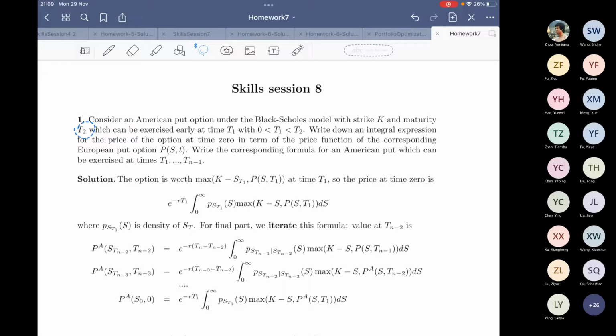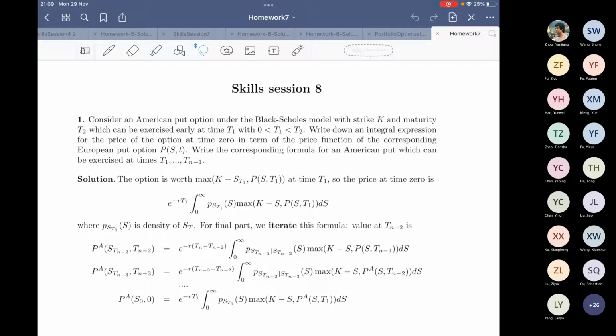Well, as is often the case these days, we use an integral formula. At the intermediate time T1, the option is worth the maximum of the intrinsic value if we exercise, or the value of the European put option, because if we don't exercise, you're essentially left with a European option since you've missed your chance to exercise. Similar to the binomial tree, you compare two prices and take the maximum. So the value of this American put option at time T1 is equal to the discounted